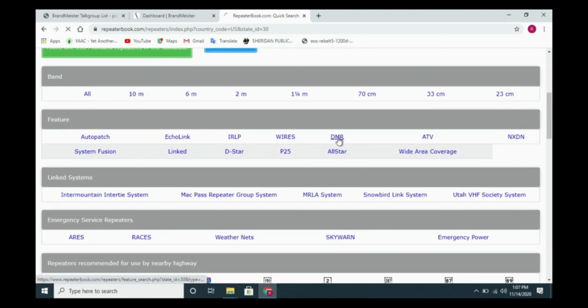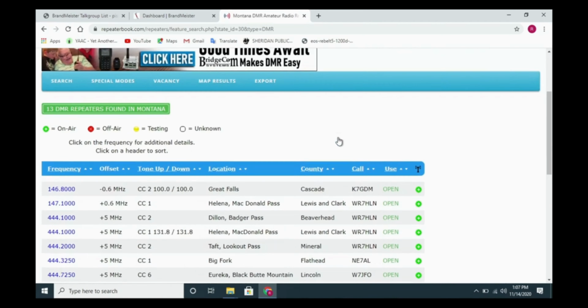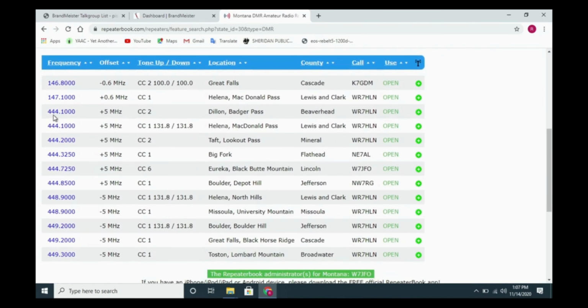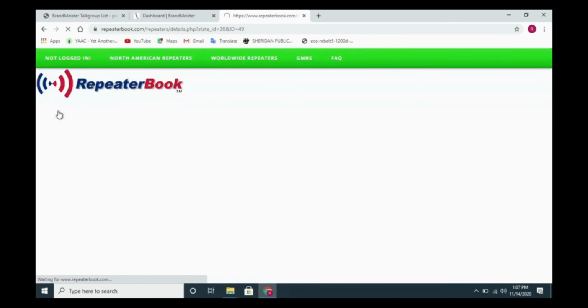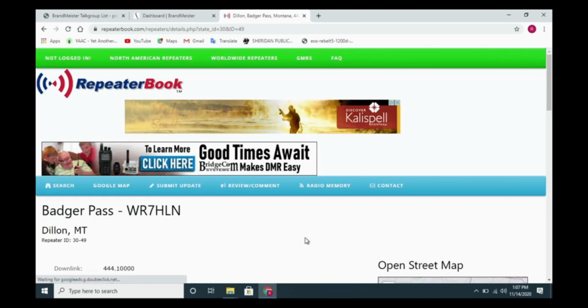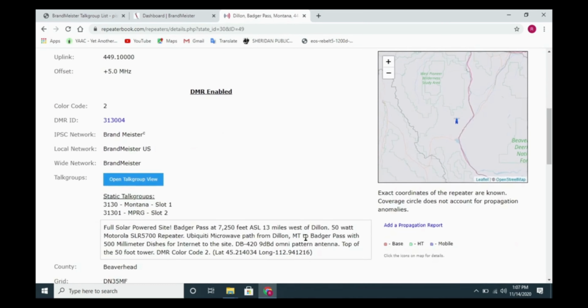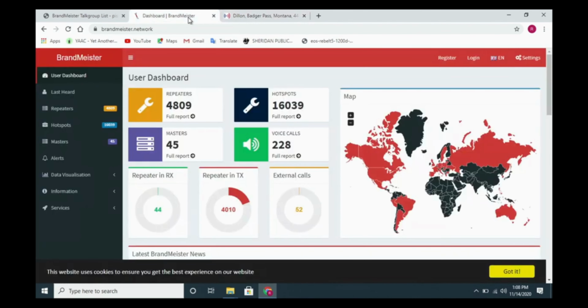Going to go to DMR again. And we're going to get back to this Dillon Badger Pass one, because this will give us some information, hopefully, that will help us. The DMR ID right here, that's going to be handy over in the Brandmeister network, because we can go to repeaters,